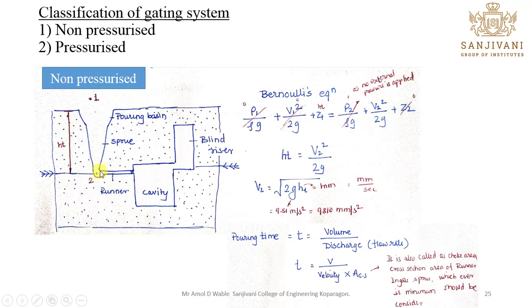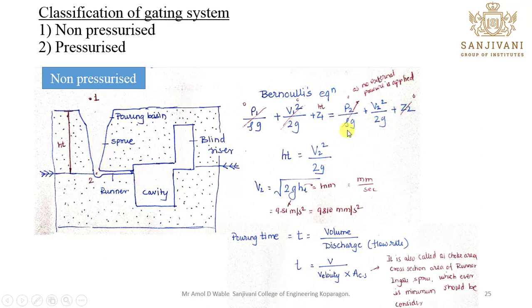So this will be the space 2. If you consider the condition of space 1 and space 2, you can apply Bernoulli's equation, as the energies like pressure, kinetic energy, and datum are equal at point 1 as well as point 2. In the form of Bernoulli's equation, you can write it this way: P1 upon rho g plus V1 square upon 2g plus Z1. This term is related to the condition at point 1, and the other is P2 upon rho g plus V2 square upon 2g plus Z2. This is related to point 2.